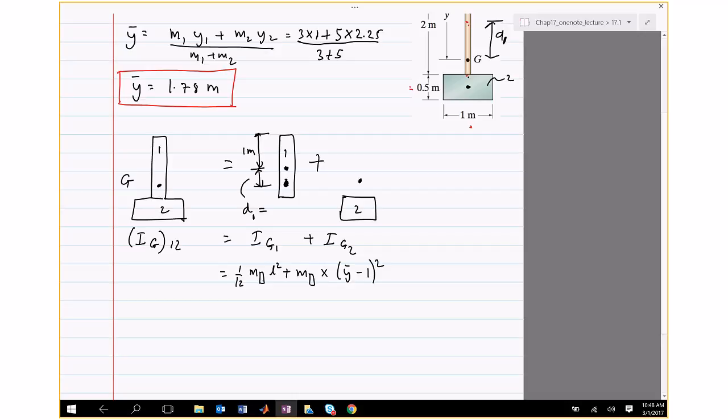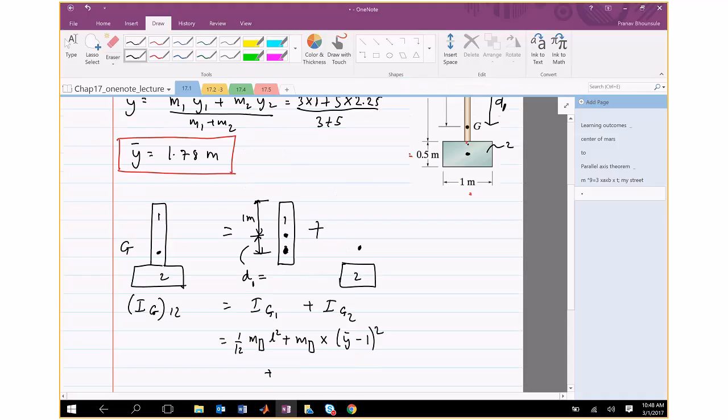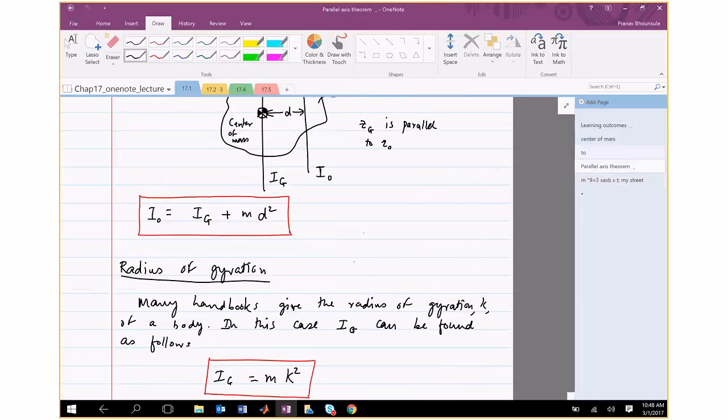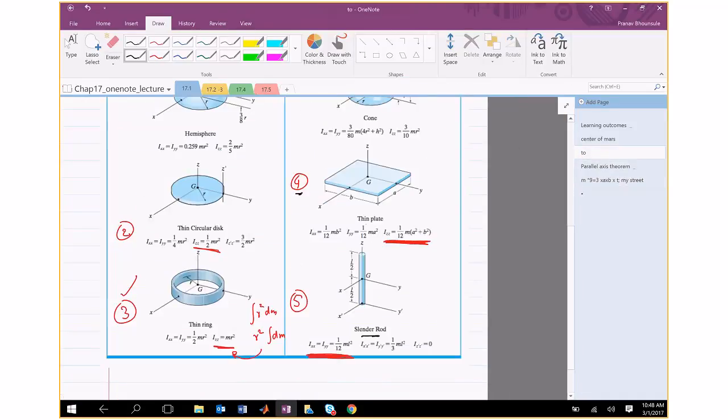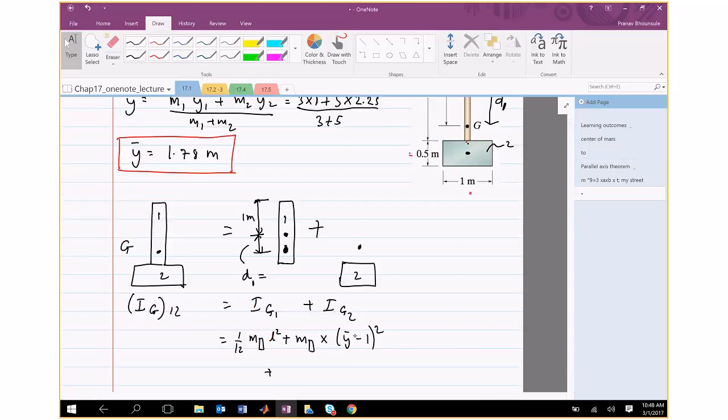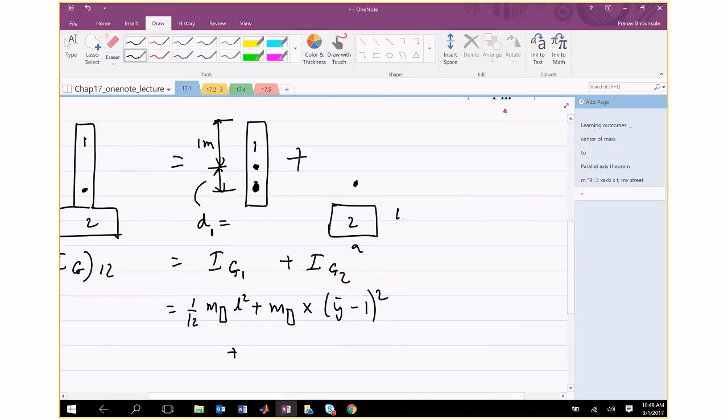So that's Ig1 and Ig2. So we need to find the inertia of the thin plate. Again, we need to go back to the table. So this is a thin plate. The inertia about an axis passing through G is 1 divided by 12 mass times a squared plus b squared. So let's call this A, let's call this B. So it's going to be 1 divided by 12 times mass times a squared plus b squared